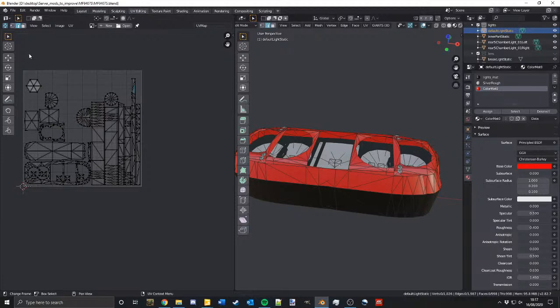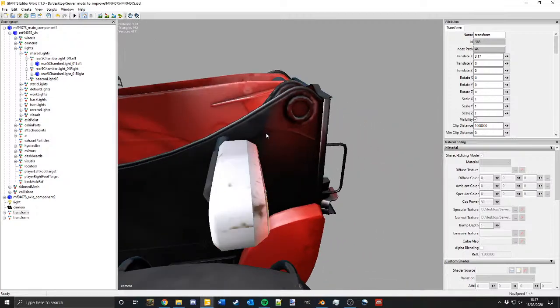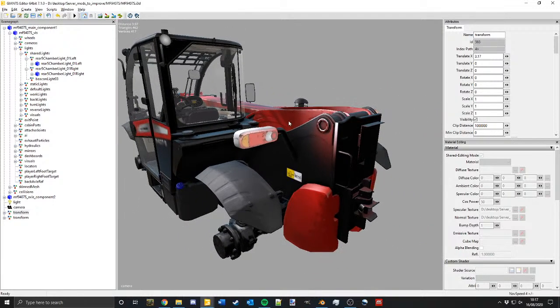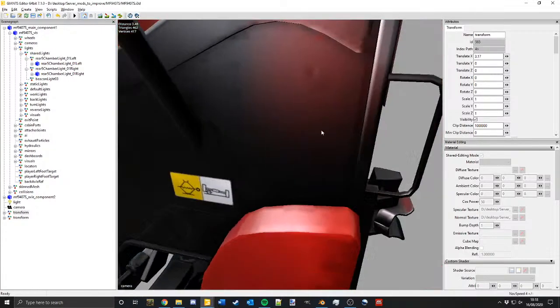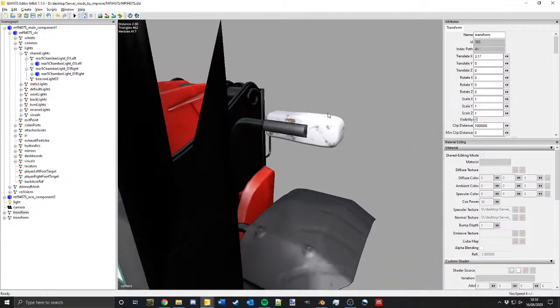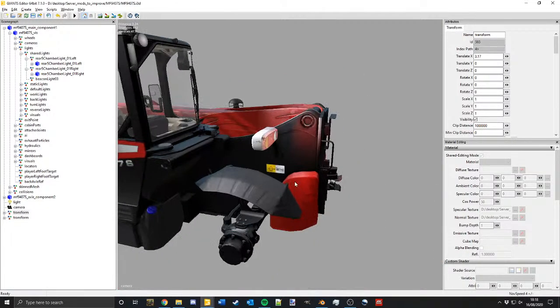What are you working on? These. So in 19 they introduced this system where if a light is used over multiple vehicles, so for example this rear light here, instead of making it part of every single vehicle, they do it as a separate light thing with its own textures and everything. So it just loads it instead of in the XML. But obviously that doesn't work in 17. So I've just imported them and now I'm creating textures for them. So they're basically separate model bits. Nothing too complex, but